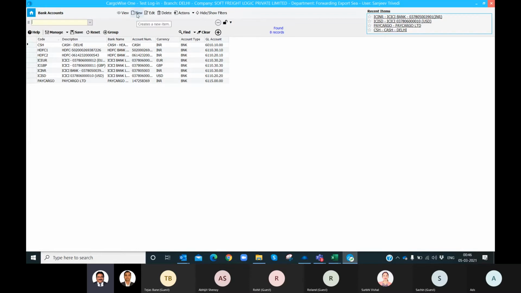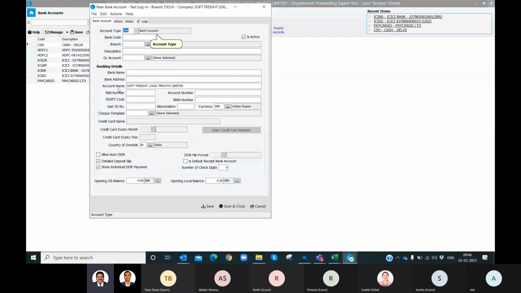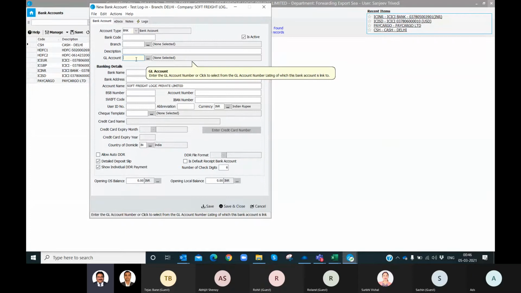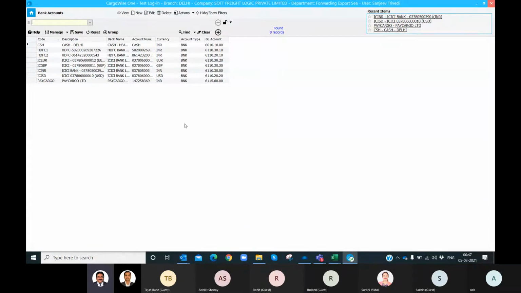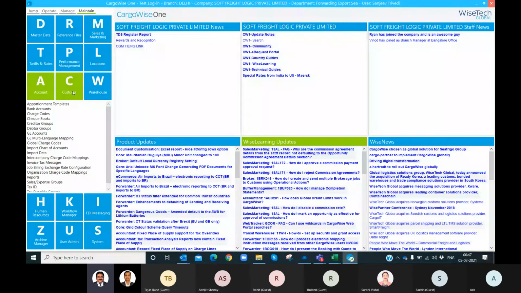The rule is that one bank should be linked with one GL code. There cannot be one GL code with different banks, or vice versa. It should be unique. So you can see here whether it is masters creation or masters which are already there, for that we need to go to maintain. For accounts finance we have to go to maintain account. Checkbook creation, if your company actually issues checks to the vendors or not.